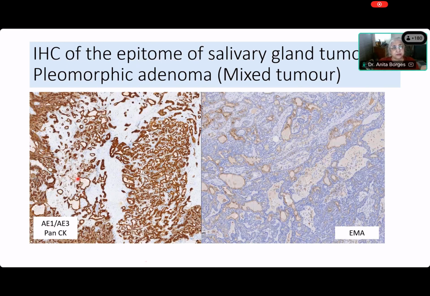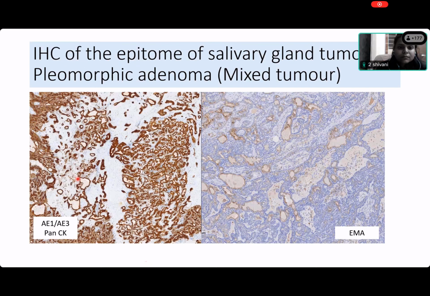What do you see in pan-CK, Shivani? Ma'am, what has taken up the stain? Pan-CK is positive for the epithelial components and the ducts. Shivani, just hear yourself speaking. Epithelial components and the ducts. What do you mean by epithelial components and ducts? Ducts have got epithelial components or not?